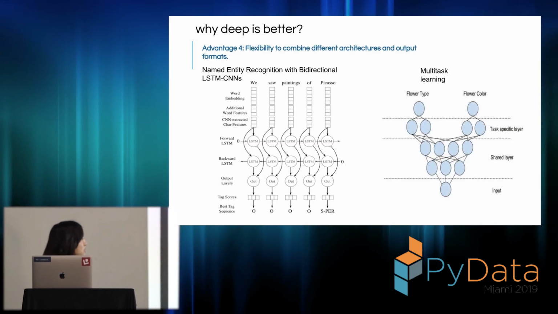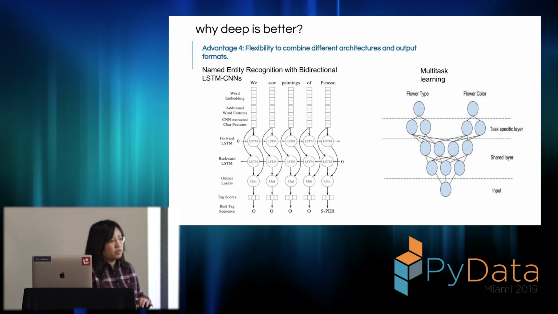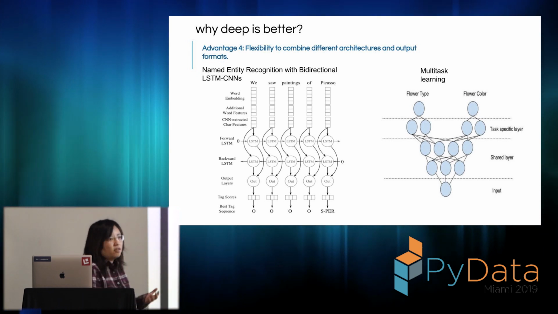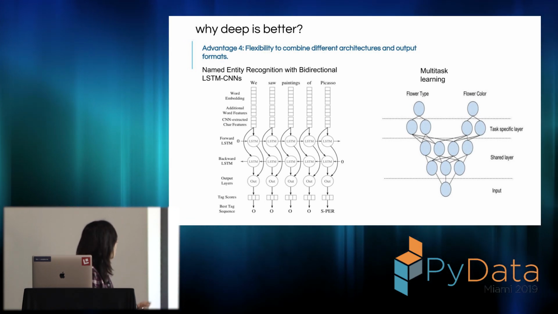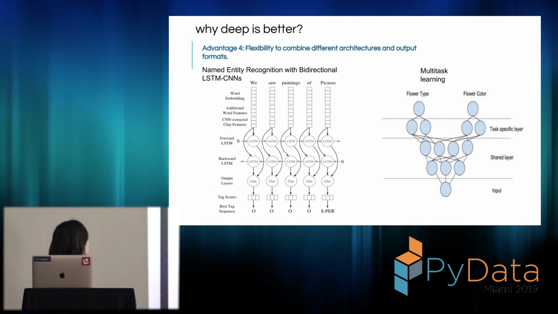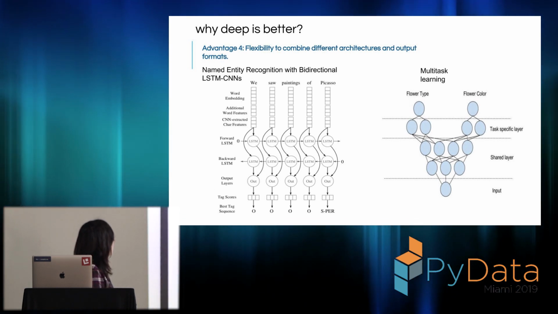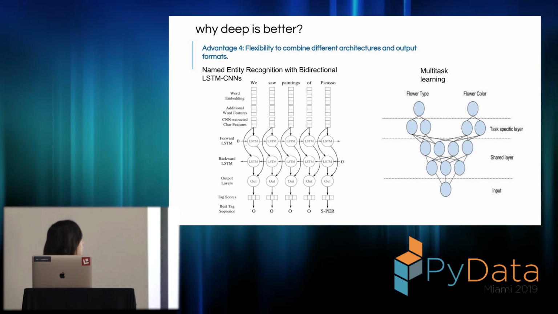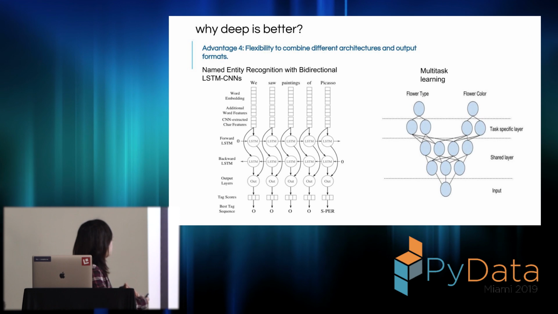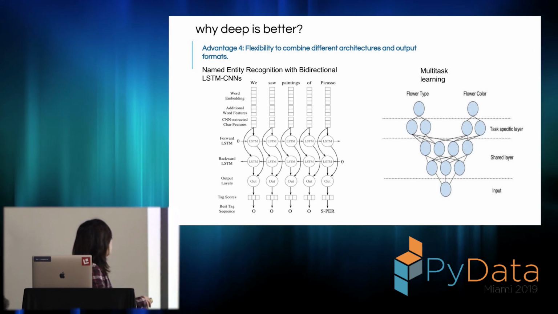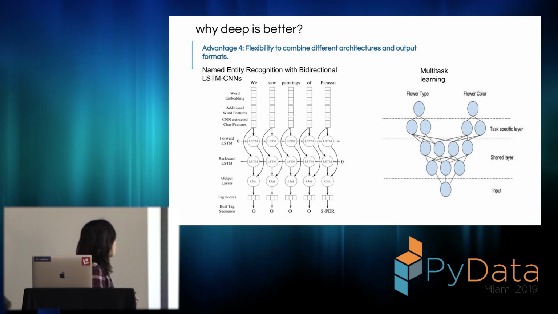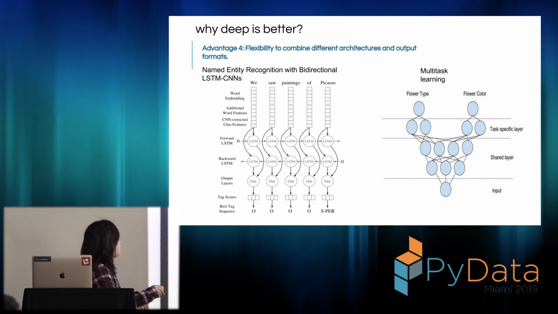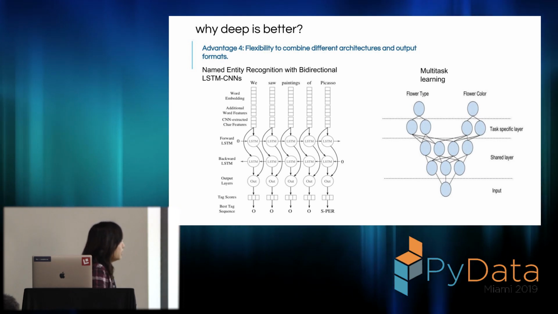And last but not least, the neural network architecture itself is pretty flexible. When we make it deep, we have more room to make all kinds of changes at different places. It's just like Lego, and you can do all kinds of combinations. For example, a current state-of-the-art named entity recognition method uses a CNN at the front to detect character level and word level features, then feeds into an LSTM, basically a type of RNN, to learn the information throughout the whole sequence. So you can combine different kinds of architecture at different places.